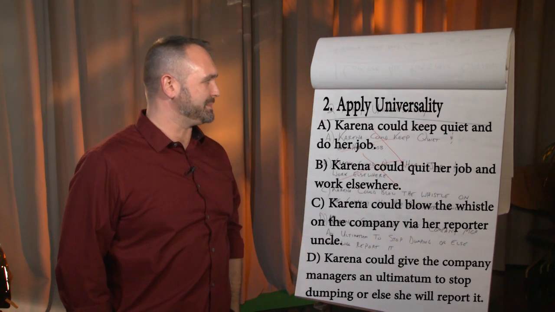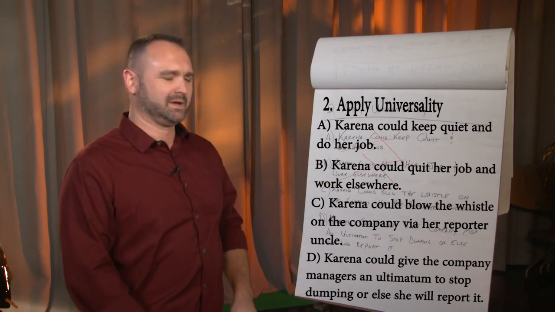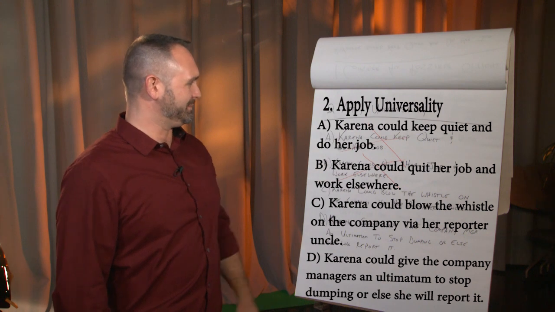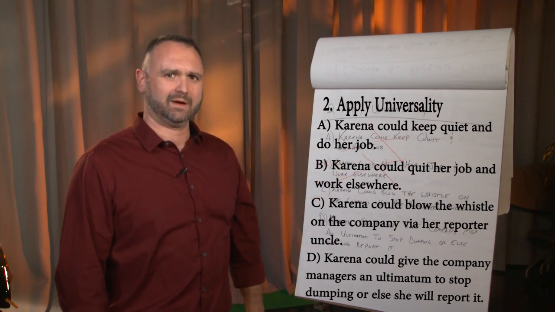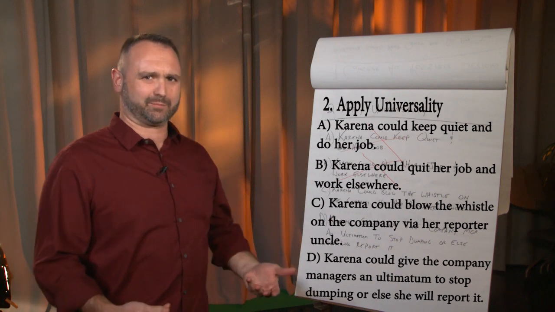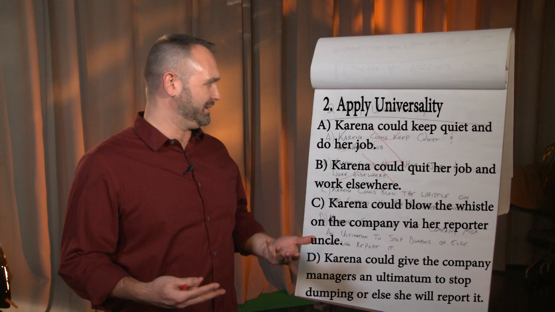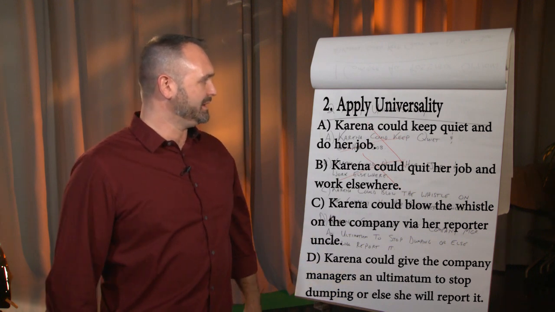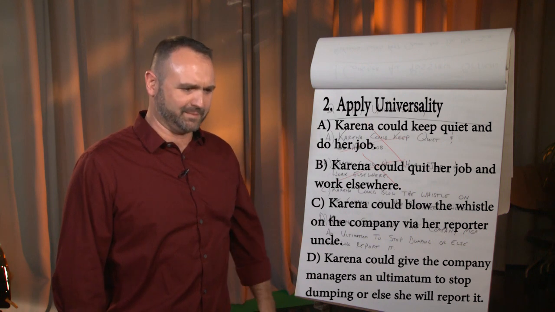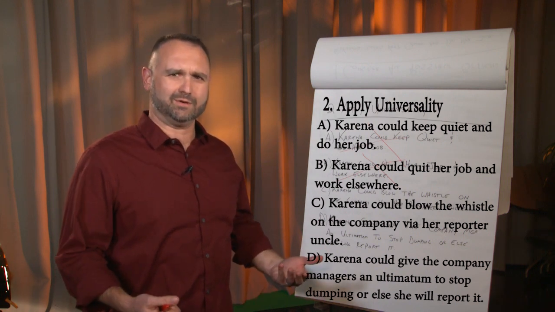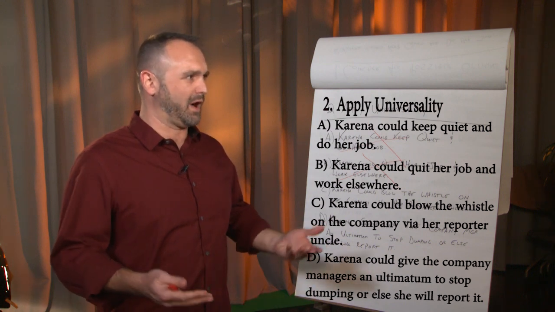Now the first two options look like there's a reason to reject them. What's the maxim expressed behind the idea of keeping quiet or quitting her job and working elsewhere? It looks to be that the maxim it expresses is a kind of moral indifference. So one ought not to do anything about moral problems. Now, interestingly enough, Kant considered this particular maxim in his own thought to see whether or not we could universalize what he called a maxim of indifference, that everyone ought to do nothing.